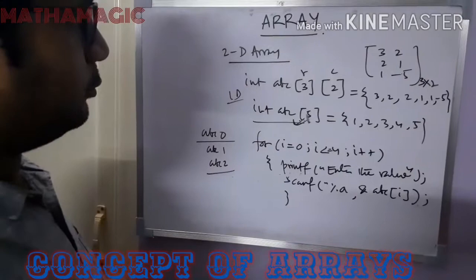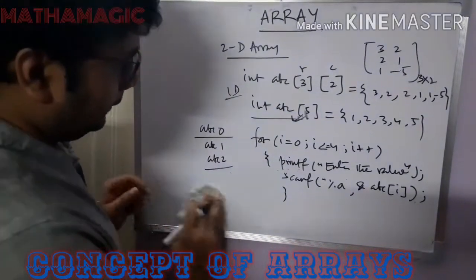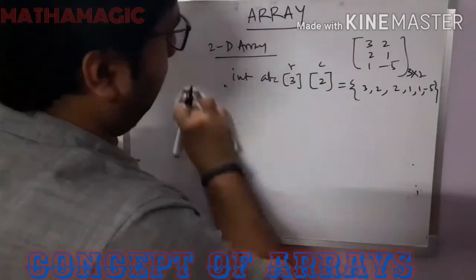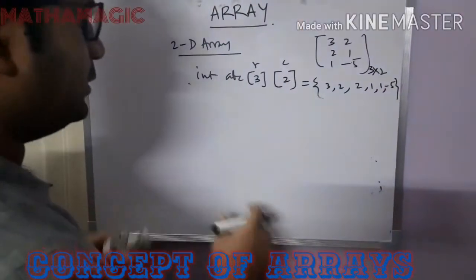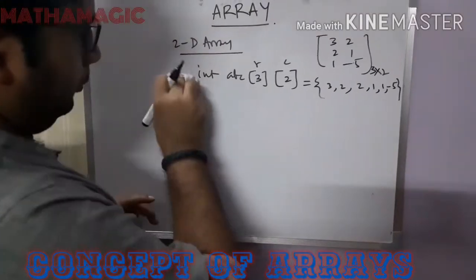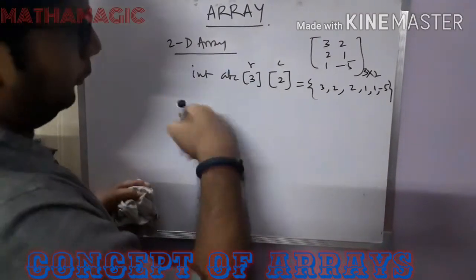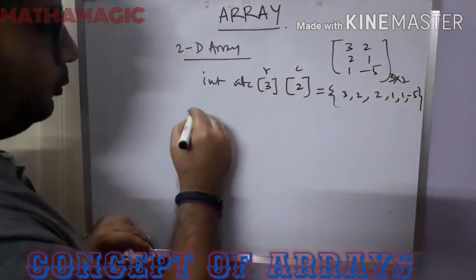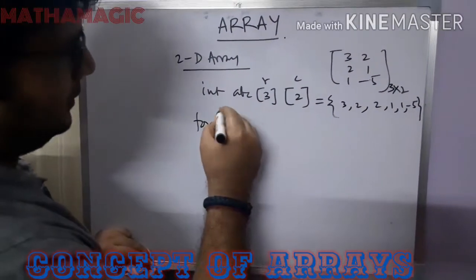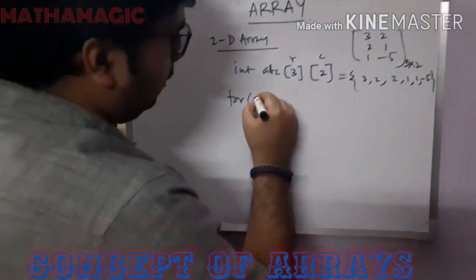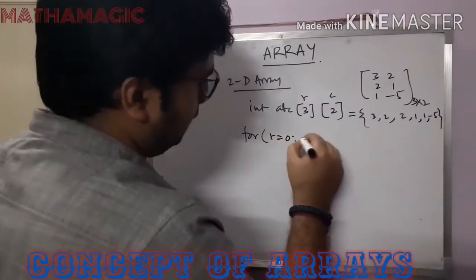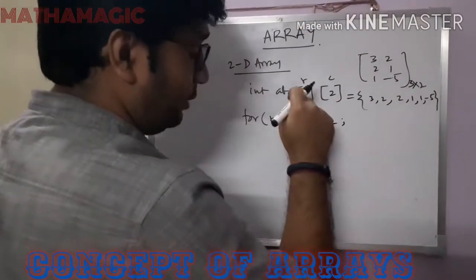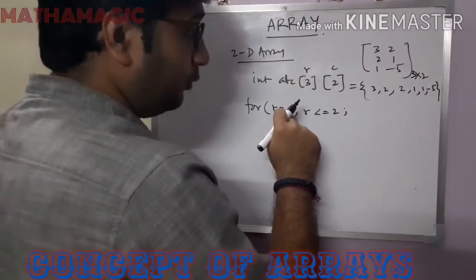So we can move to the two-dimensional array section. For the purpose of taking the input of this particular matrix into our programming by using a for loop, what do we have to do? First, we have to use one for loop for the row: r equals 0, row is up to 3, so r is less than or equal to 2. Just try to remember, if it is 3, then it will go from 0 to 2.